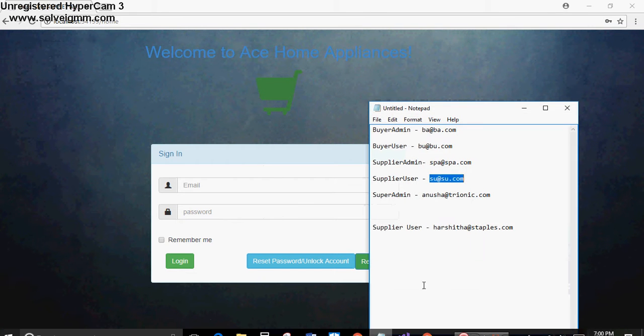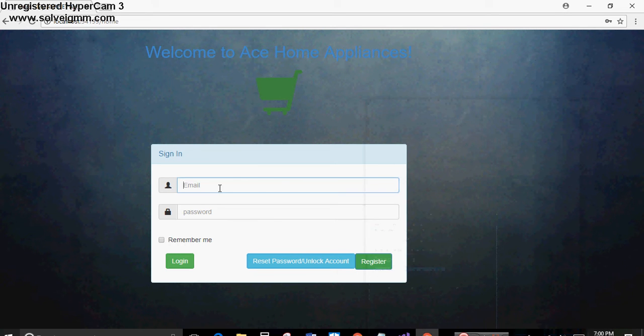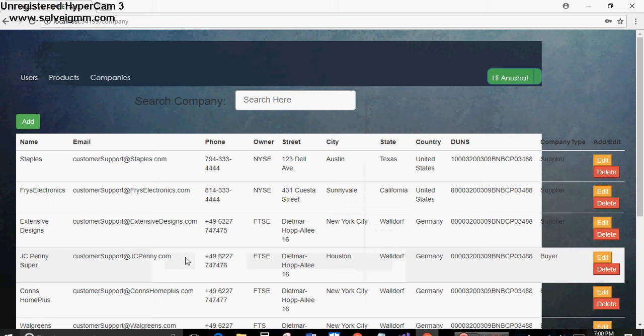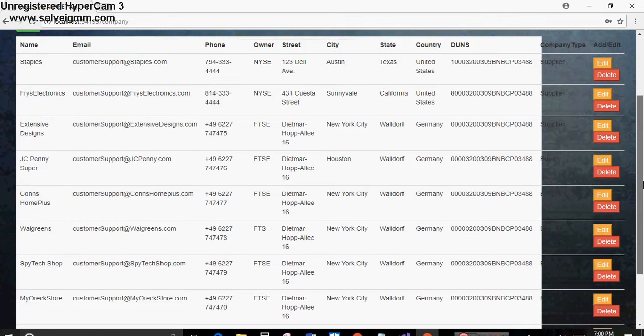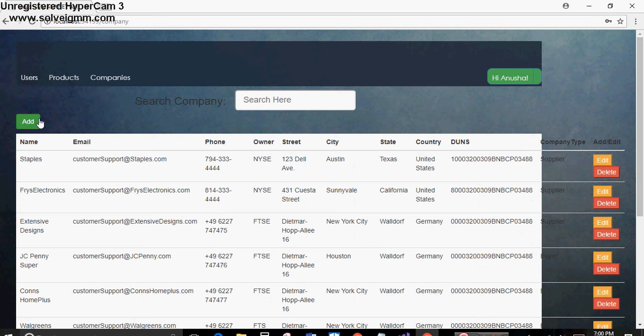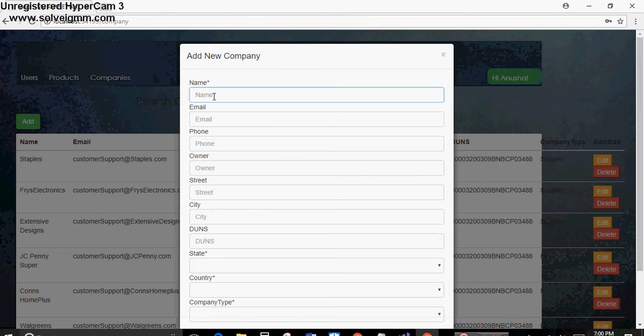Now coming to a super admin. Once we get the credentials and log in, he will be redirected to the company management page where he can see the details of all the companies, irrespective of whether it's a supplier or a buyer. Here you can add a company,